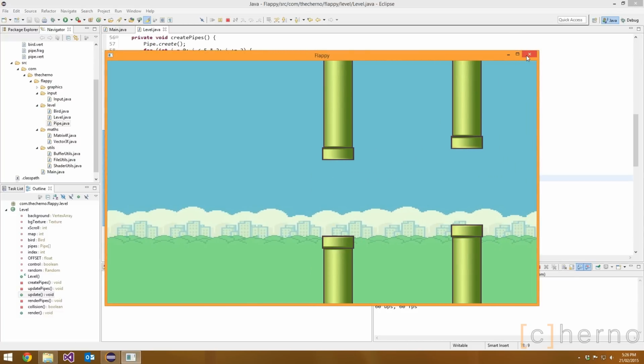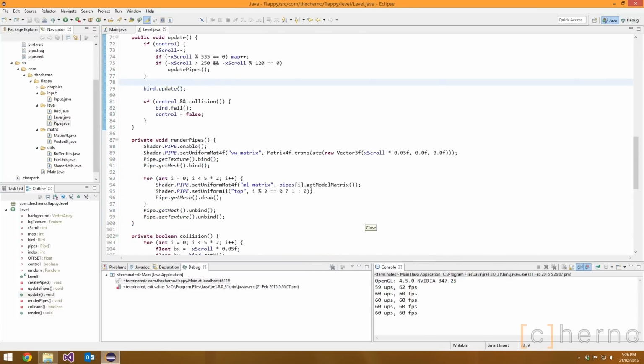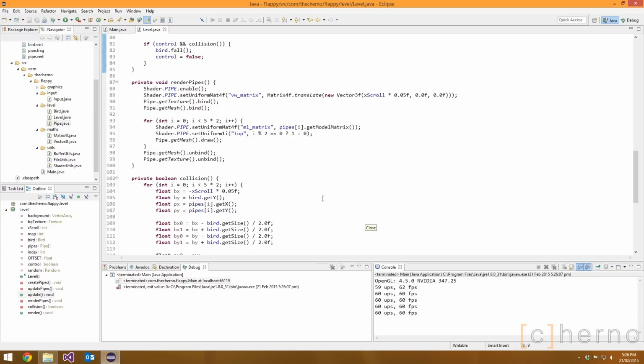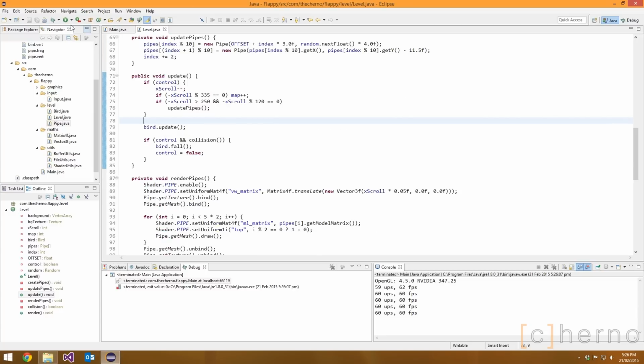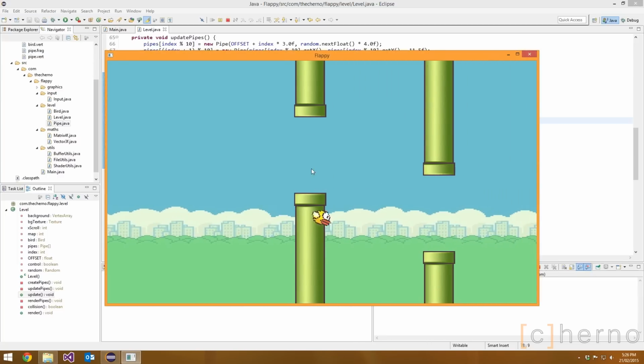There we go. All right, cool stuff. So that's looking pretty good. What else? That's like it. One thing I'm actually not going to do is add sound or text, because adding